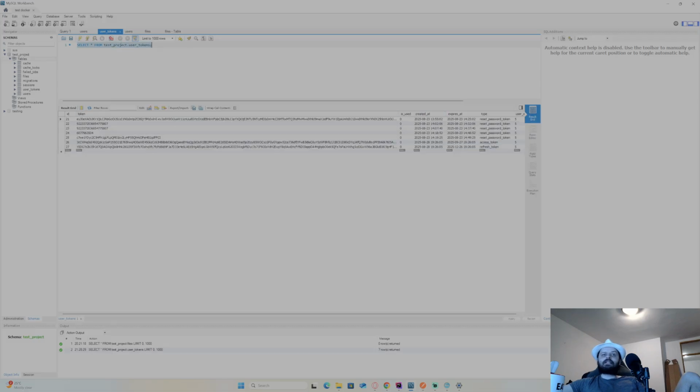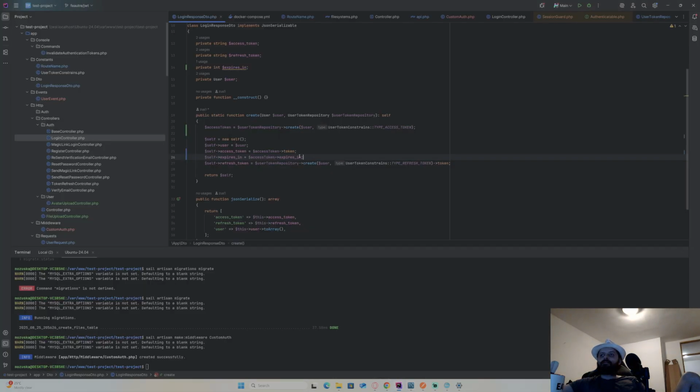Check. Yeah, expires at. So I need the difference from now to... No, wait, it expires. So this is gonna be Carbon. I'm gonna support Carbon now. This is in.